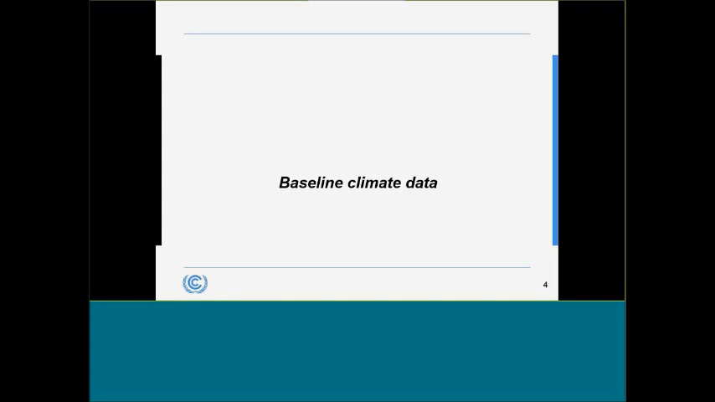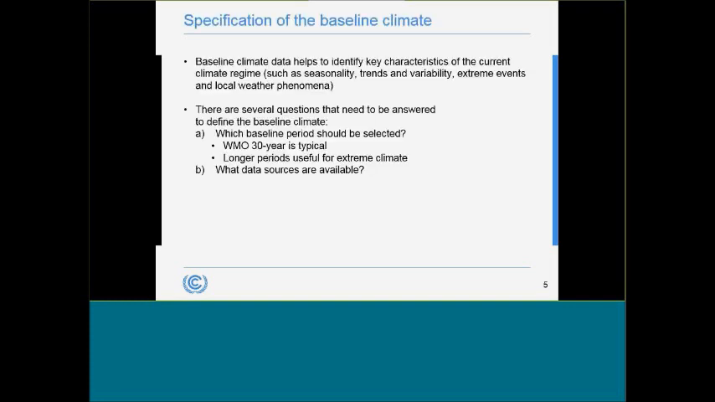The reason that this is important is because in many cases it's about understanding what your current climate is, but also some scenarios actually require that we take the baseline data and then we change it. We might add a certain amount of temperature increase, for example, to simulate climate change. So specification of baseline data helps us identify key characteristics of current climate, and I would add in not just averages,